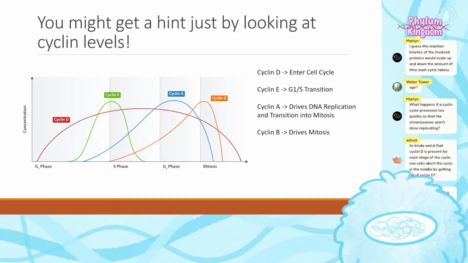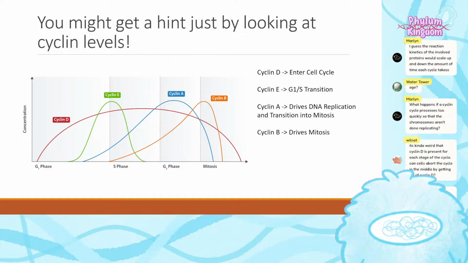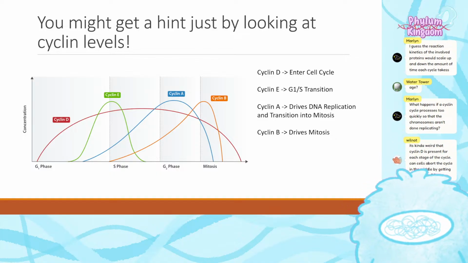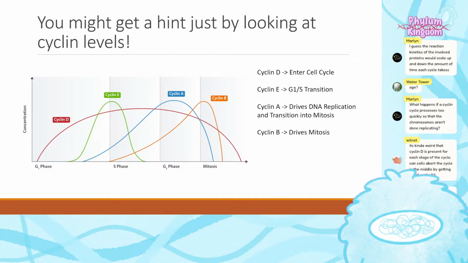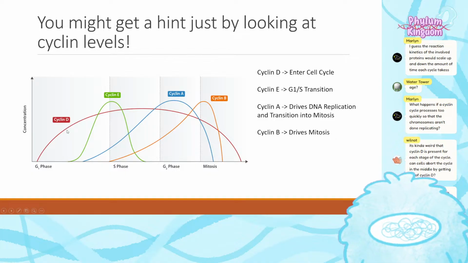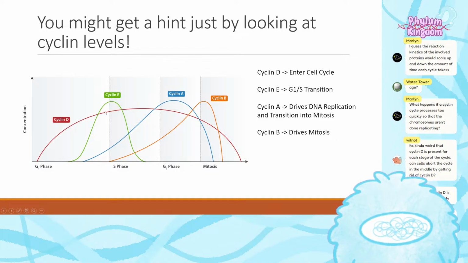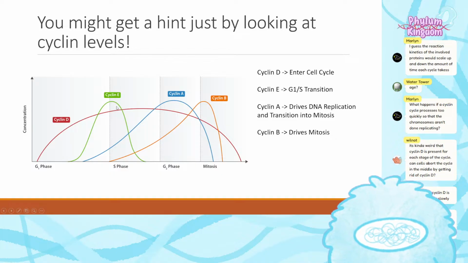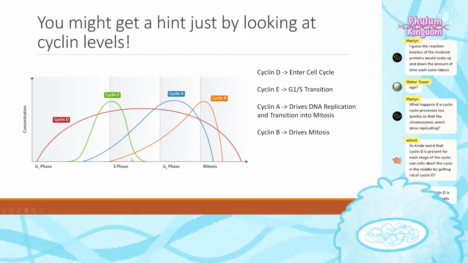It seems like cyclin D is eliminated very slowly. Yeah, looks like it, isn't it? Works well for cyclin E, but the others accumulate more slowly. Yeah, it doesn't quite match up. It's also correlation, right? If you were a scientist back in the 80s and you were just studying cyclin levels, you might notice these patterns and think, oh, cyclin E could govern the transition into S phase, but until you actually test it, it's not entirely clear.